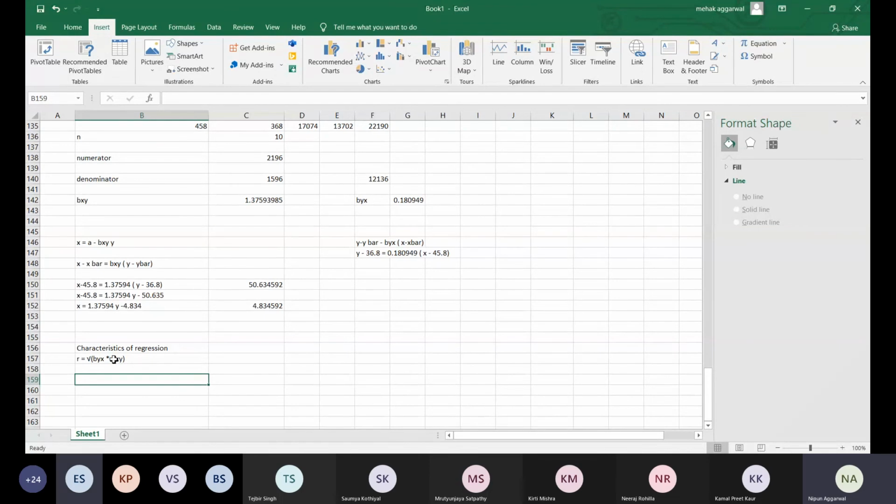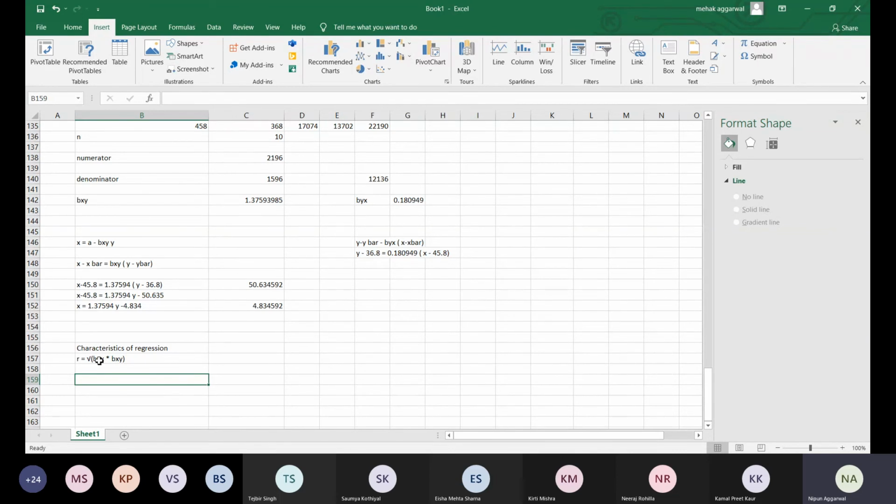It should be negative. नेगेटिव होना चाहिए ताकि अंडर रूट positive हो जाए, because under root of a negative number is not defined. Under root of a negative number comes under the imaginary part, so it does not exist. So to make it positive, if one is negative, the other must also be negative. So the first characteristic of regression coefficients becomes: both coefficients must be of the same sign. Either both are positive or both are negative.